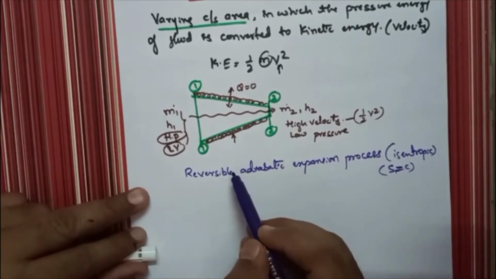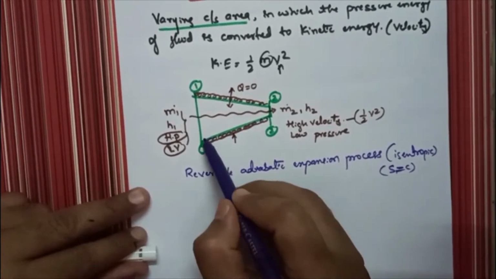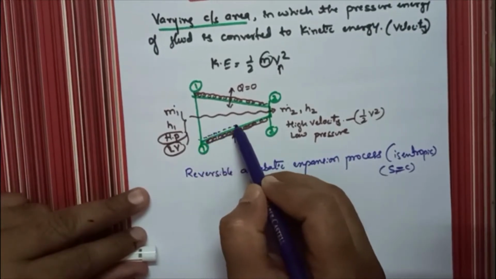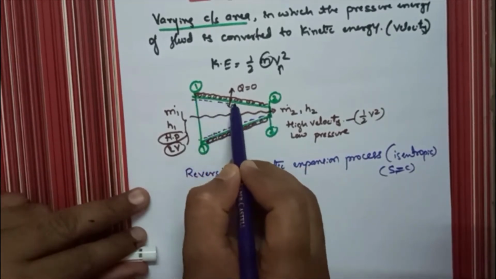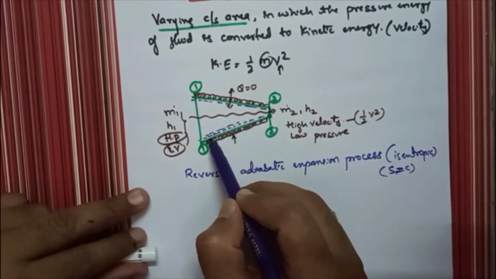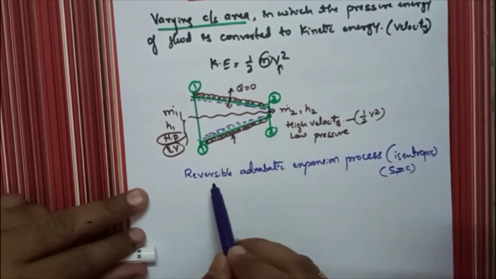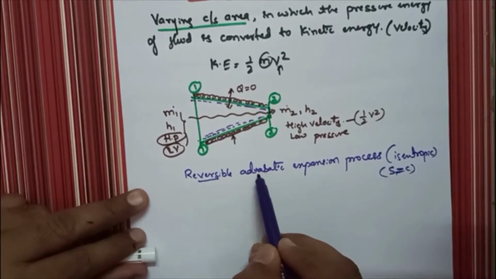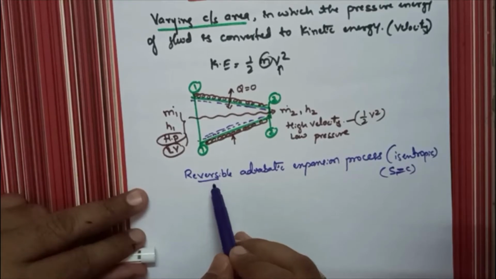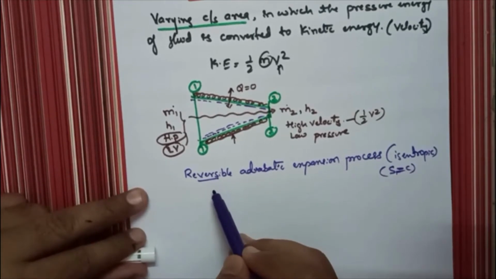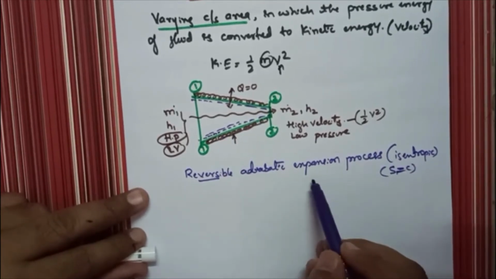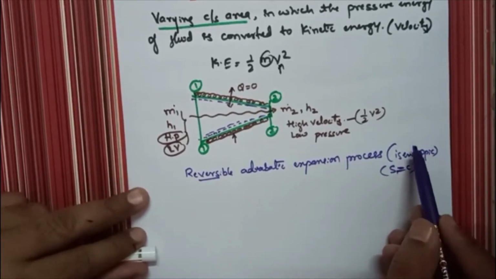If the friction is neglected. Friction is nothing but the friction between the wall and the steam. Assume that the steam is flowing like this in the nozzle. Okay, if the friction between the steam and the surface of the nozzle, if you neglect it, then it will be reversible adiabatic. Okay, if you are considering the friction, then it is not a reversible process, because friction, if you consider, it will become irreversible. Then if you consider the friction, then it is irreversible adiabatic expansion process, then it will not be isentropic.